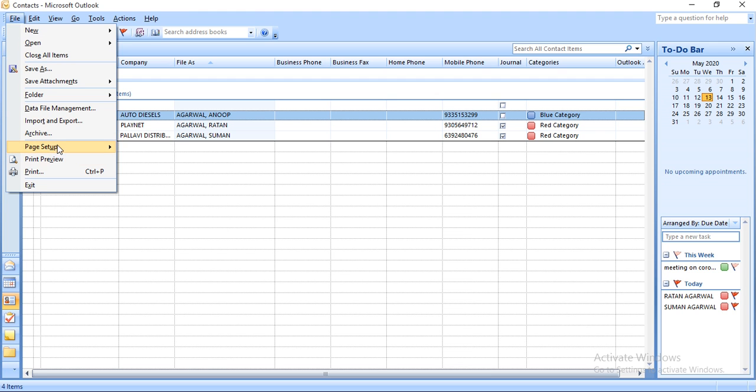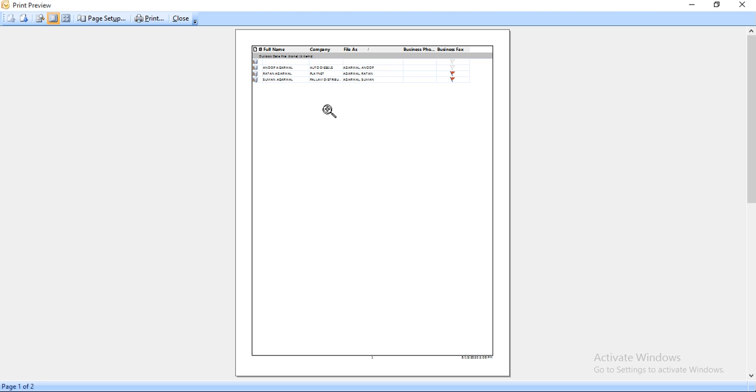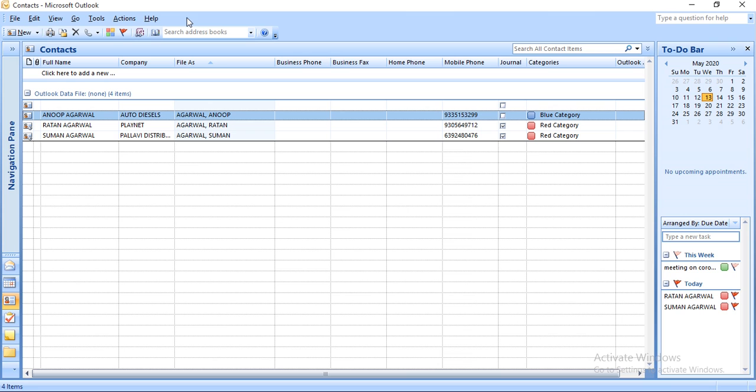And then memo style means a text style which you can save in Notepad or Word. Then print preview will show your data. You can even print this data.